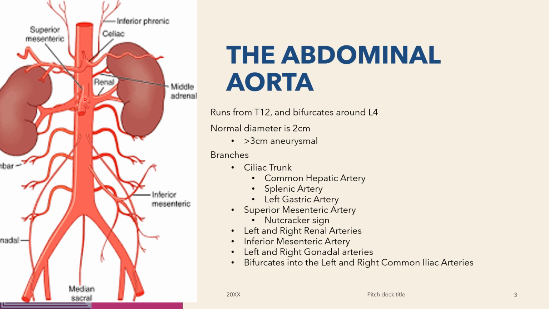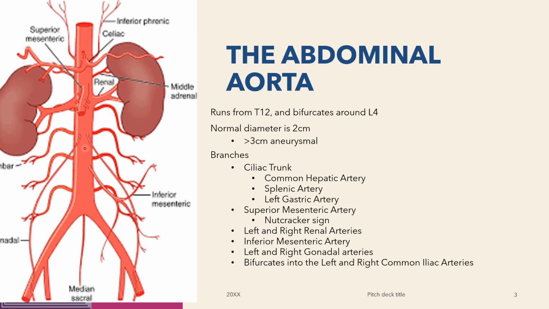The next branch of your aorta is going to be the superior mesenteric artery. So this is going to go on to feed the mesentery and the bowels, basically. And so the superior mesenteric artery is going to come off the anterior aspect of the aorta, and then it's going to follow the aorta down